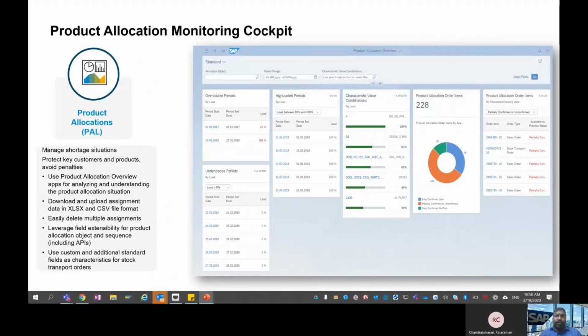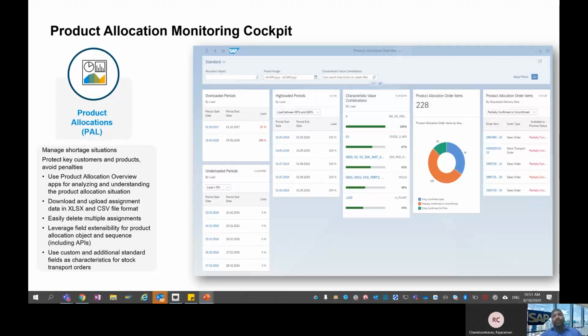Okay, so moving to the next strategy, that is advanced planning, the product allocation monitoring cockpit. Being able to deliver the required quantity of a material to a customer at a requested time demands precise planning and control mechanisms. There can be unpredictable situations such as breakdowns in production or increased demand.